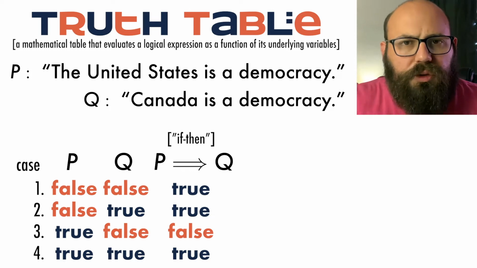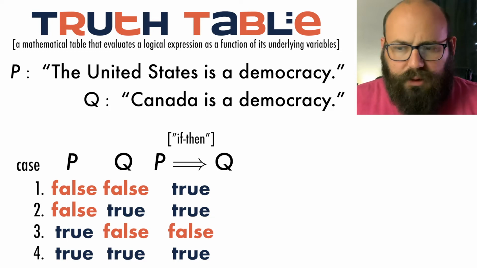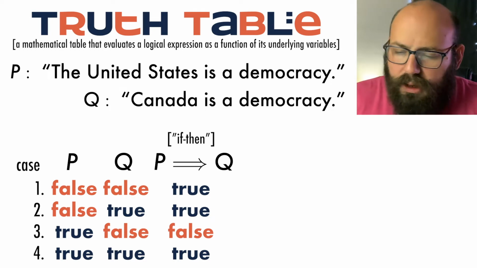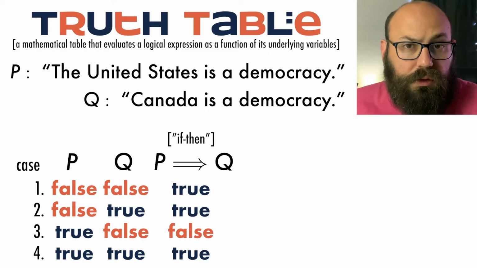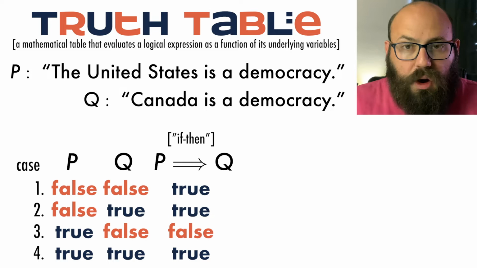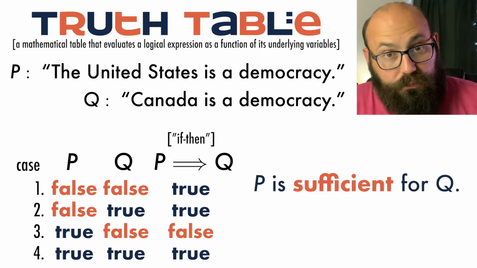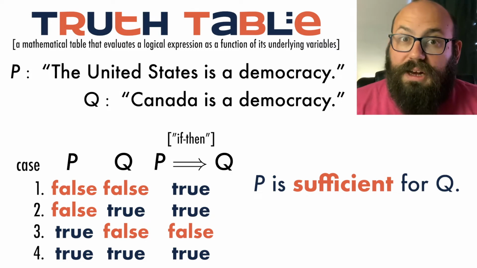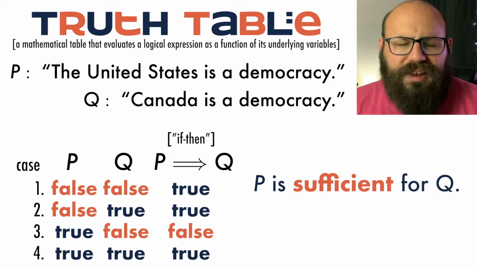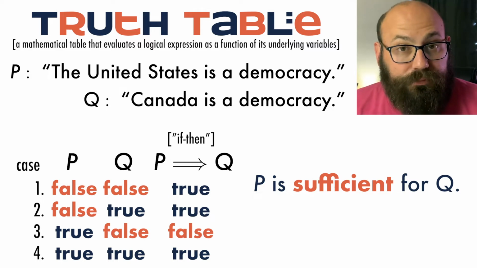Well, let me introduce a new term. So in material conditionals like this, if P then Q. In the statement if P then Q, if you study hard in this class, then you will get a good grade, the first part, the P, the premise, is called a sufficient condition for Q, right? So studying hard is a sufficient condition for getting a good grade in this class.